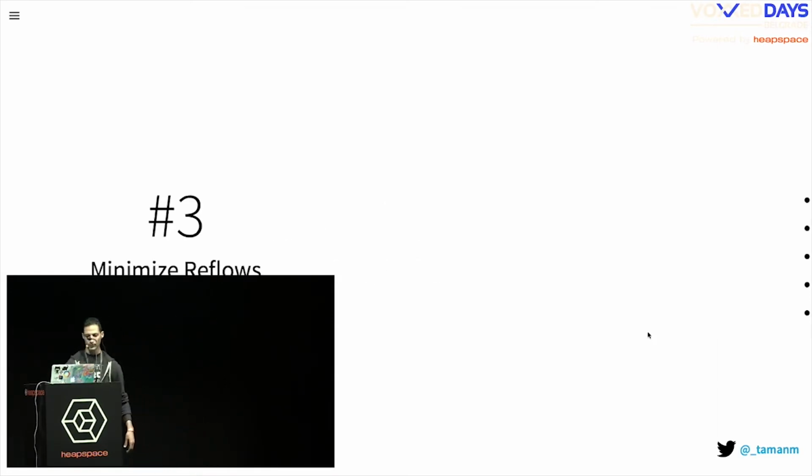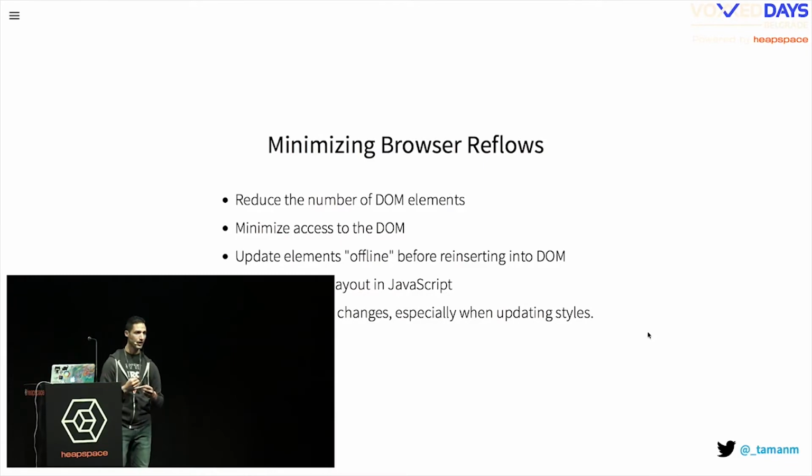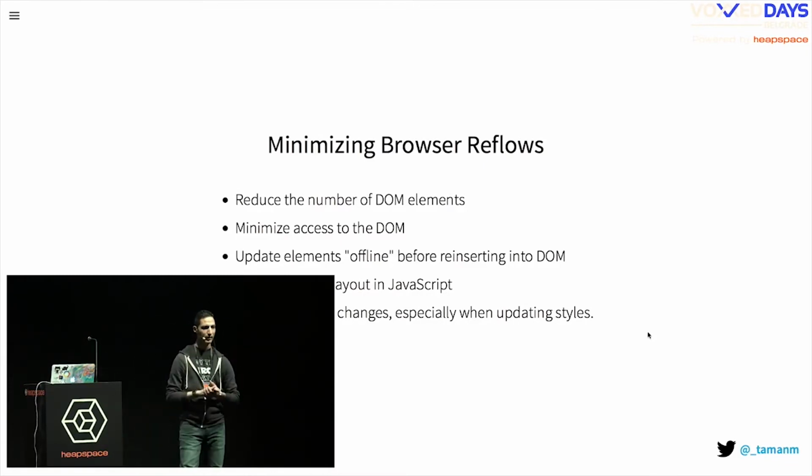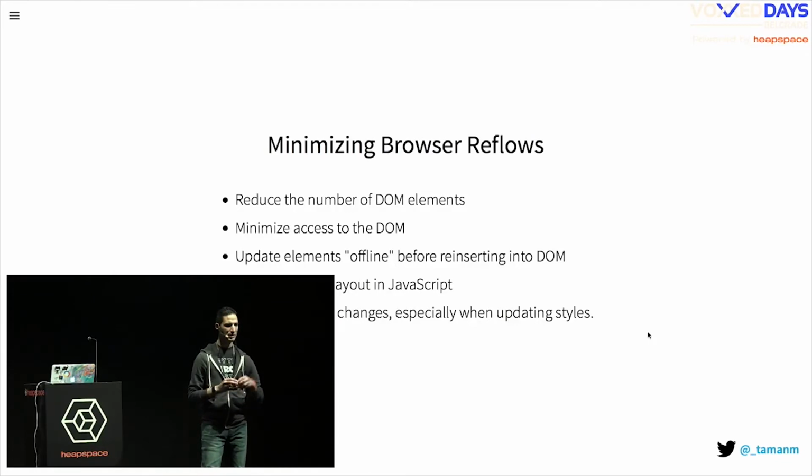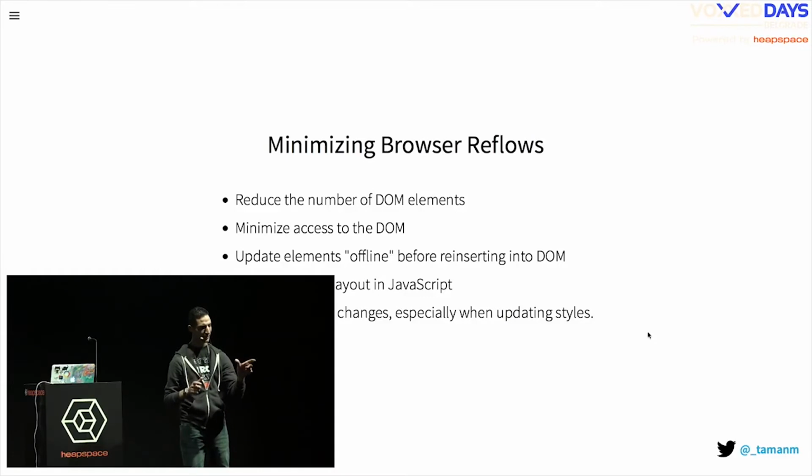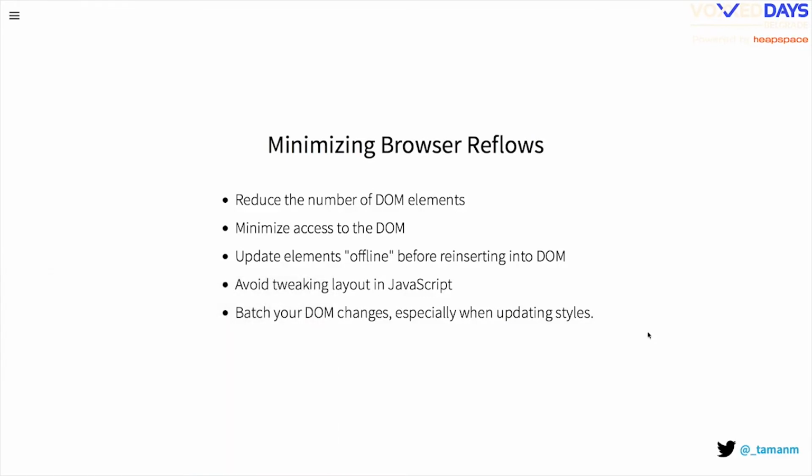To minimize reflow, we have to reduce the number of DOM elements. Sometimes when you build a UI using tools, you find your content very crowded with spans, divs, and Ps. If you restructure this again, you just need 4 divs and even 3 paragraphs or so, because the tools are not intelligent. When you just set a color for the font, it adds a span. We can use CSS to do all of this